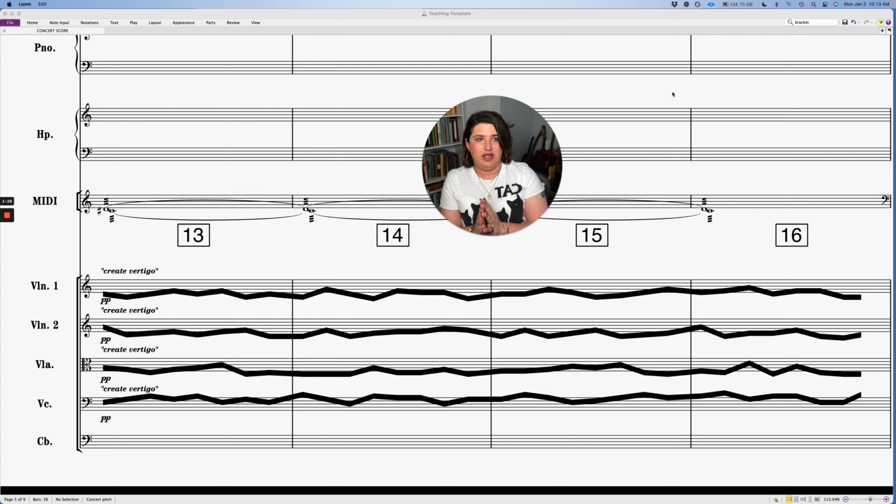If you're doing a complicated string texture, that means you're loading up a ton of articulations and doing a lot of stuff to create a sound. And what I find most of the time is that there just isn't enough time to do that kind of sculpting with MIDI, and that a lot of it is painting with more general colors.